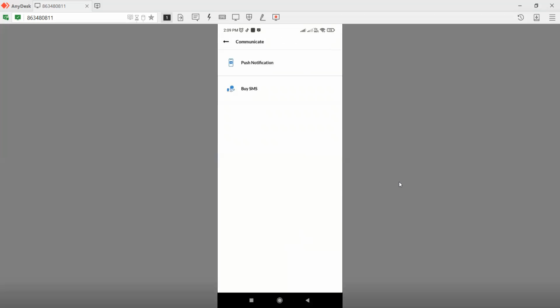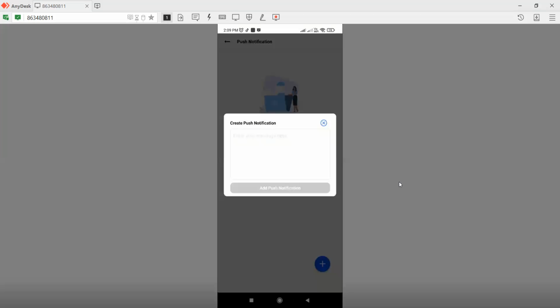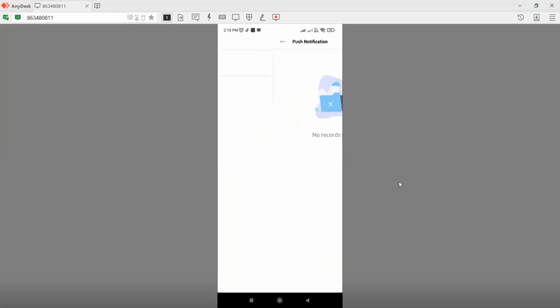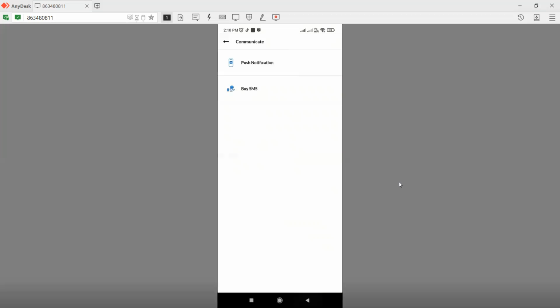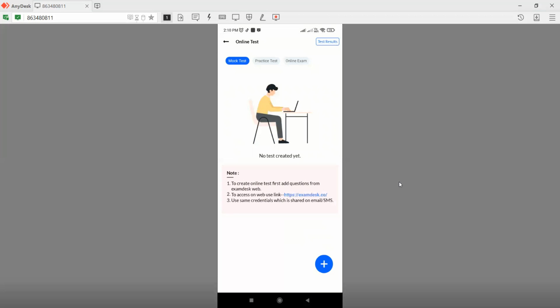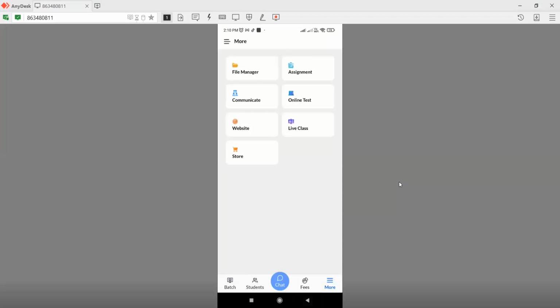Communicate: if you want to share a notification with the students, you can send a push notification to the students. And if you want to buy messages, you can purchase the messages from us. Another option is online test. You can create the online test from here as well, like practice test, mock test, and online test. And you can see the results of the students from here as well.